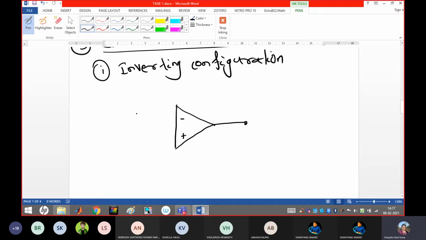Okay, let's come to the inverting configuration. How will the circuit diagram look? Here this is pin number 3 and here it is pin number 2. This is pin number 6. This is 7 and this is 4.